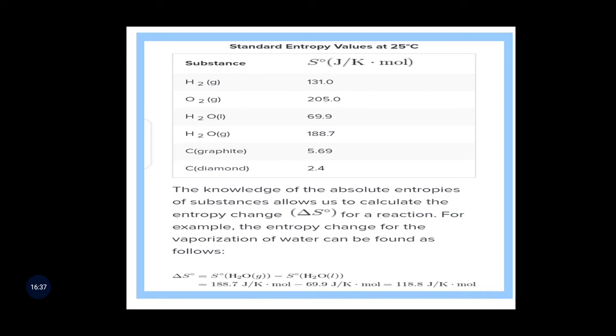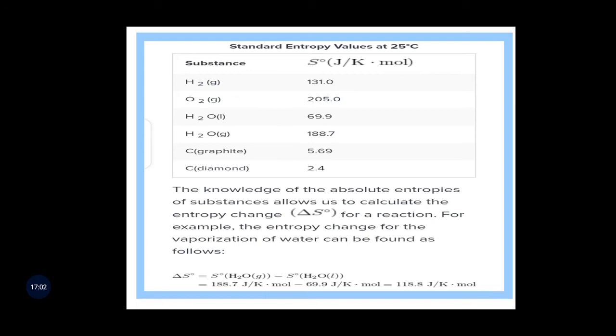So that means H2O gas will be our reactant, while H2O liquid, water, will be our product. So if you follow the formula, which is the entropy of product minus the entropy of reactant, in this case, you can see we have